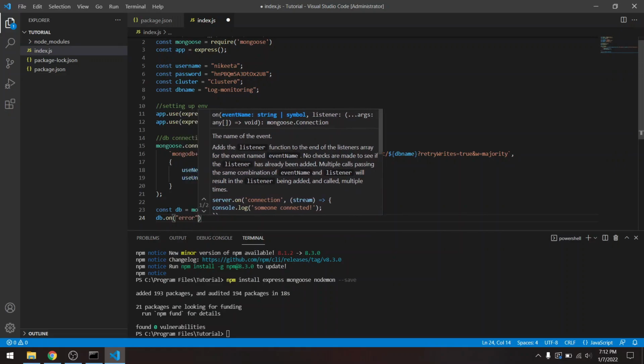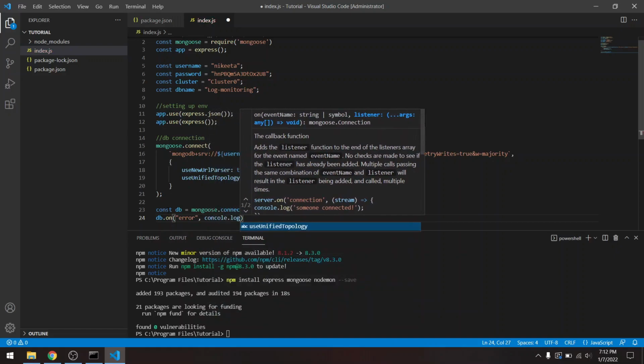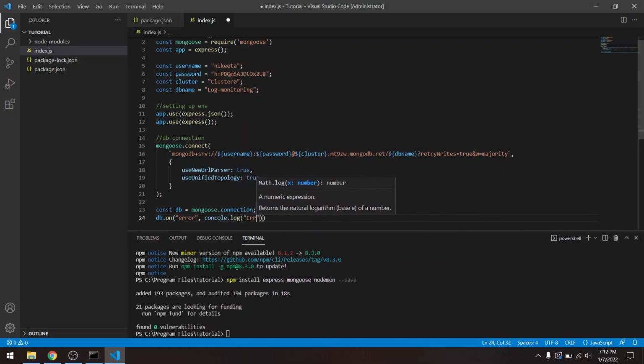So in case the connection is not successful, we'll get an error message: Error connecting to DB.